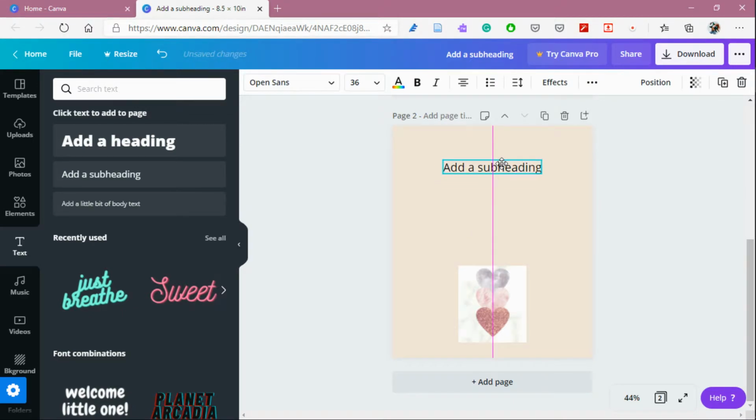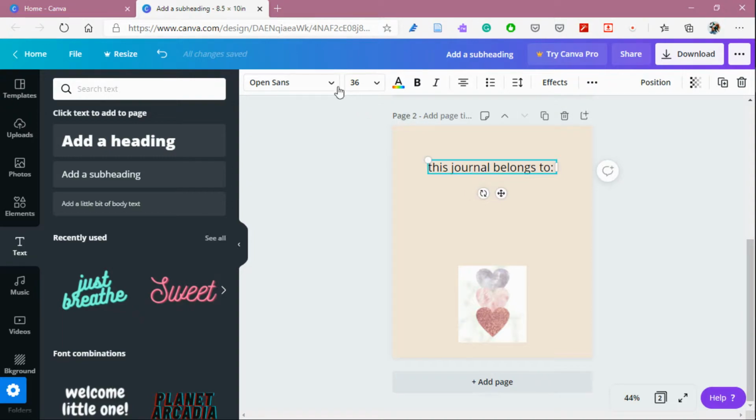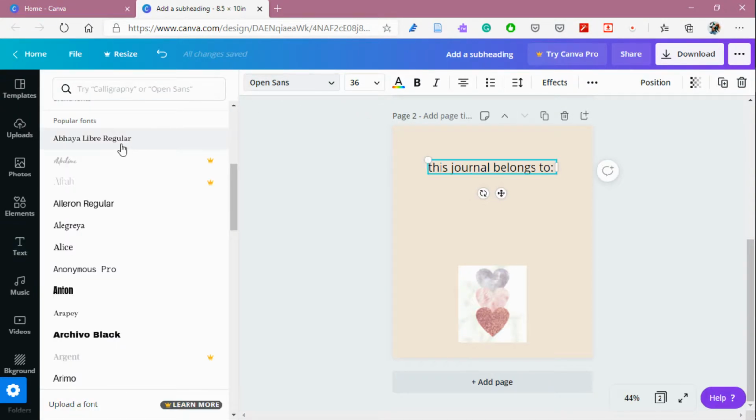I'm going to add a subheading above here. Say this journal belongs to that. Now this is the page, this is the place I allocate for the owner to write down their